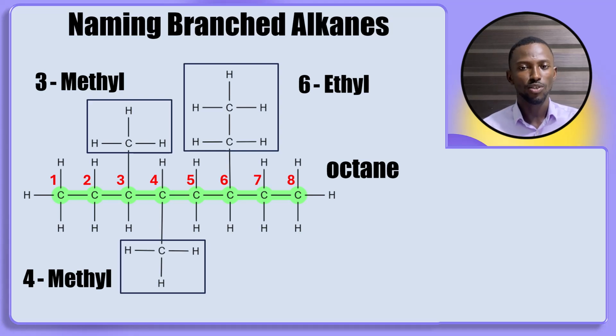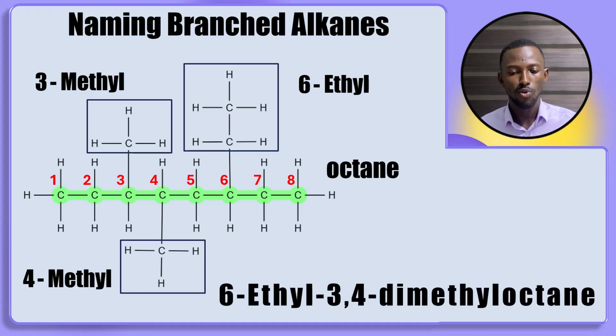And the next rule to keep in mind is this. If a particular alkyl group repeats itself or appears more than once, you will use di if they appear twice, tri if they appear 3 times, tetra if they appear 4. So for this, methyl appears 2 times, so it will be dimethyl. So let's name it. So the name of this compound is 6-ethyl